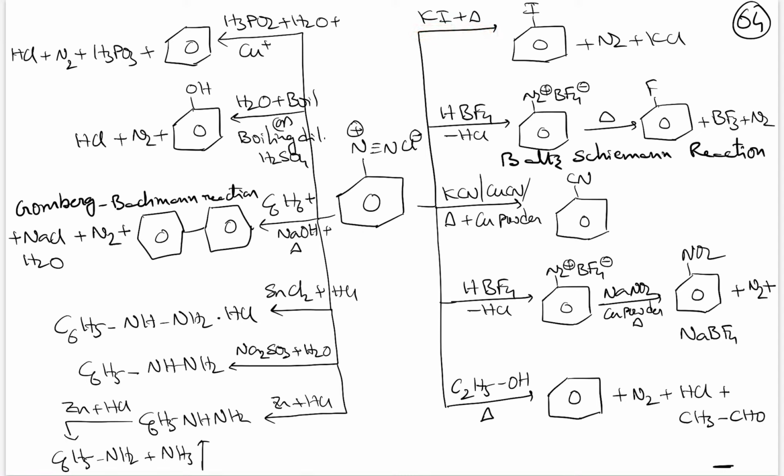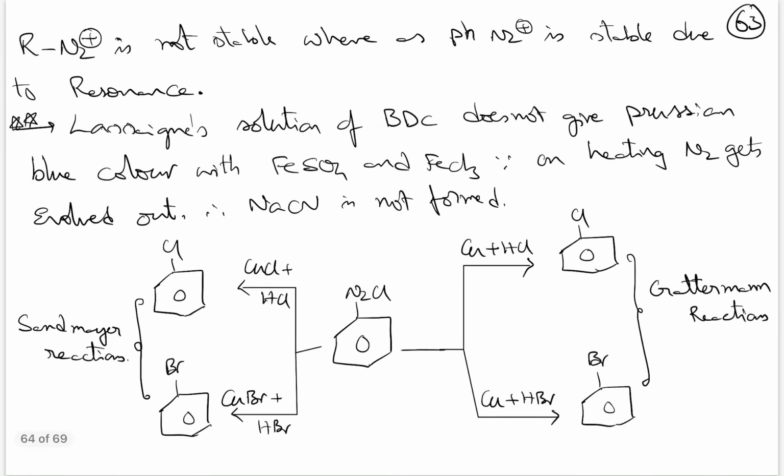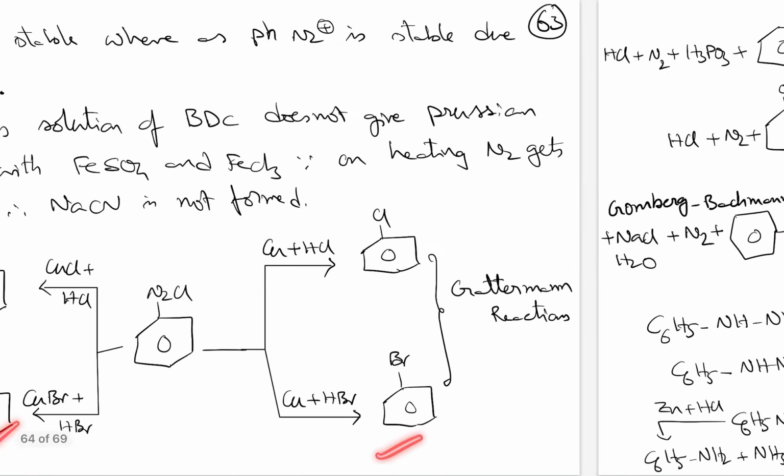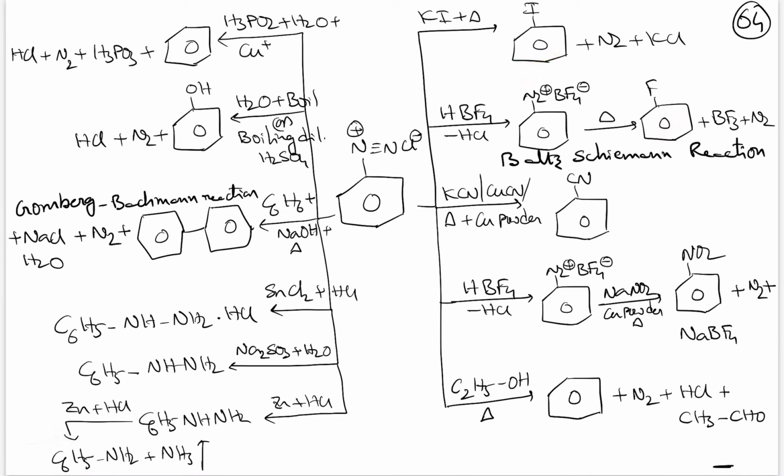And diazonium chloride, when it is treated with tetrafluoroboric acid, there will be formation of a salt first, which on heating, N2 will be liberated and BF3 also will be liberated, and finally forming fluorobenzene. So here chlorobenzene preparation, then bromobenzene preparation, iodobenzene preparation and fluorobenzene preparation. And this way of fluorobenzene preparation is called the Balz-Schiemann reaction. Then diazonium salt on reaction with KCN or CuCN on heating in presence of copper powder catalyst, you will get benzonitrile or benzene carbonitrile. Then on reaction with HBF4, you will get the same compound here, but when you are simply heating, you are getting fluorobenzene.